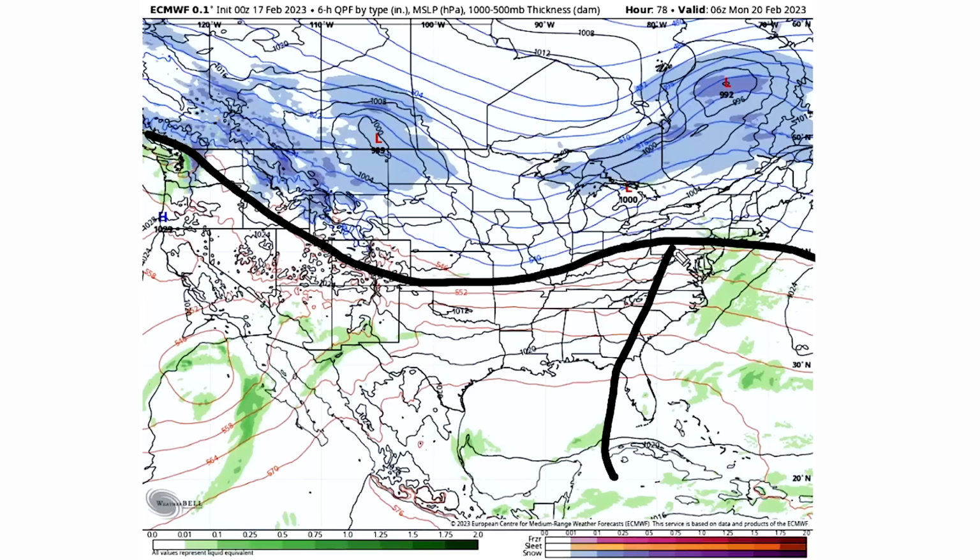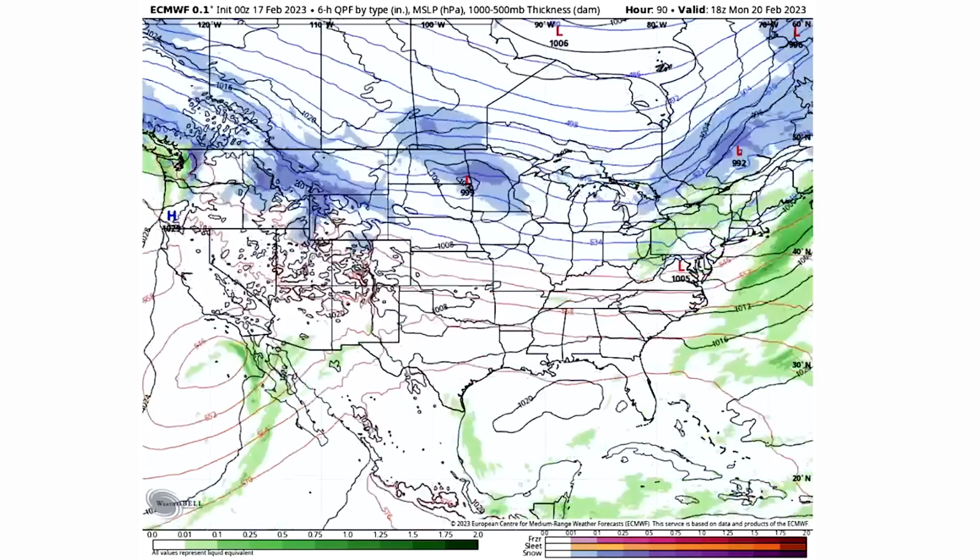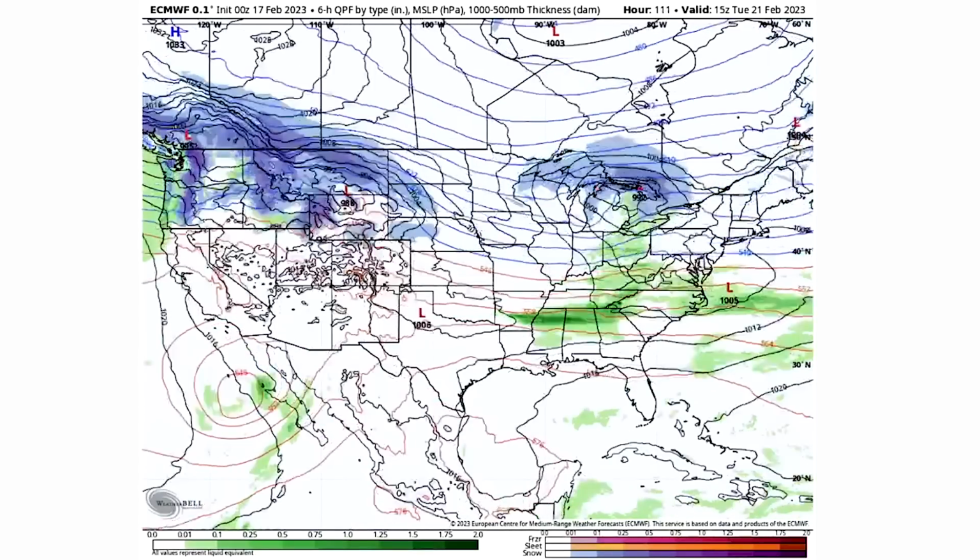So there is some ridging happening, but we can already tell that the next trough is beginning to move into the eastern United States, so it is making its move. And likely what we're going to see is some cold air moving in with time. Not a lot of storminess to take a look at yet on this model run, but what we can see